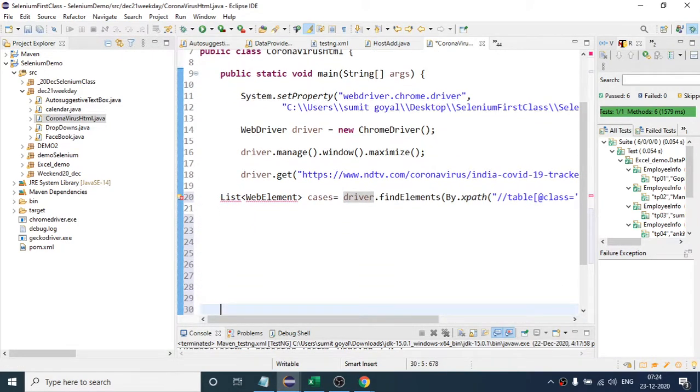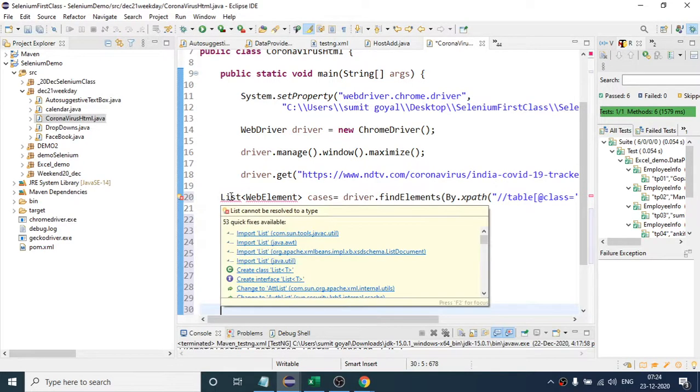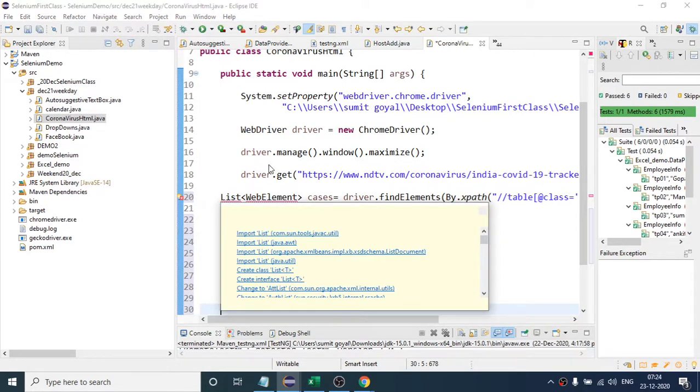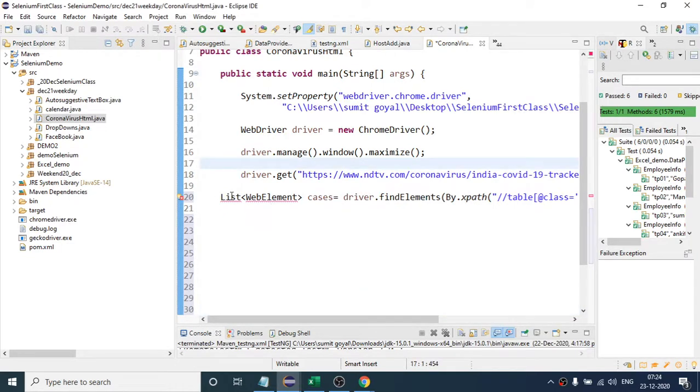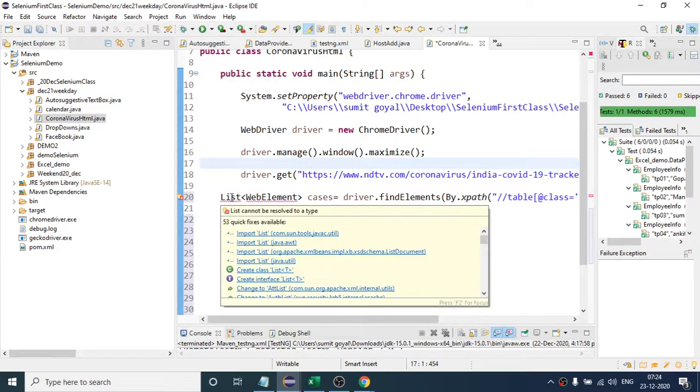So let me import the package, java.util, this one, and here also java.util.